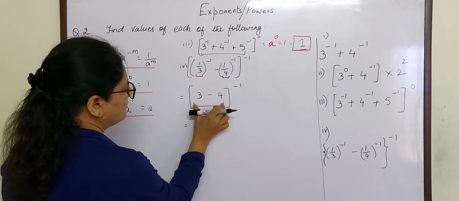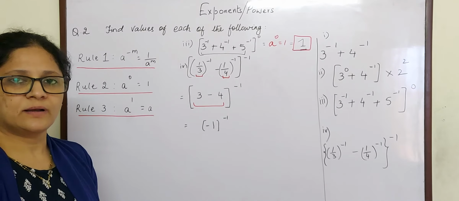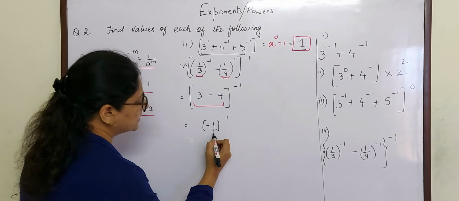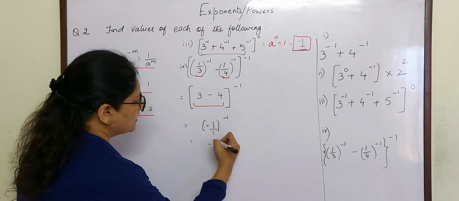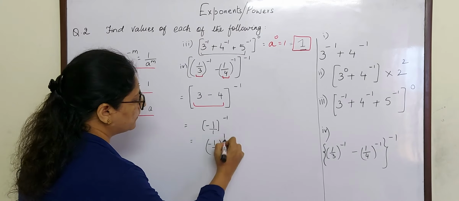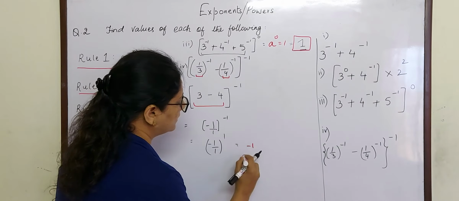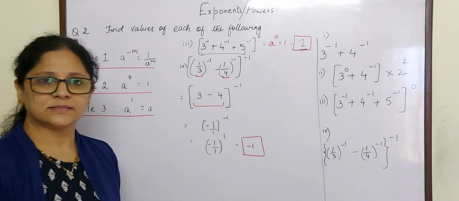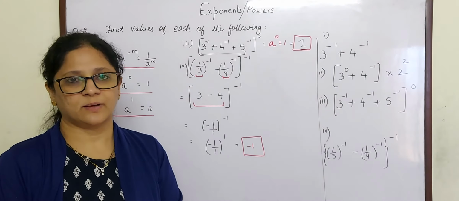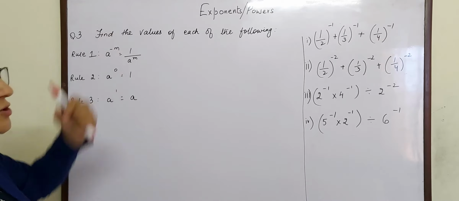Now this, we have finished. The whole raised to minus 1. Now again we are faced with minus 1. Again we have to do reciprocal to convert this into positive. But here nothing is there, means we will put 1. So minus 1 by 1 reciprocal is 1 by 1 only, and this minus 1 becomes positive. So minus 1 by 1 is nothing but minus 1, which is your final answer. Hope you understood the problems, children. Now we will go to question number 3. So children, now we will be learning next question 3.